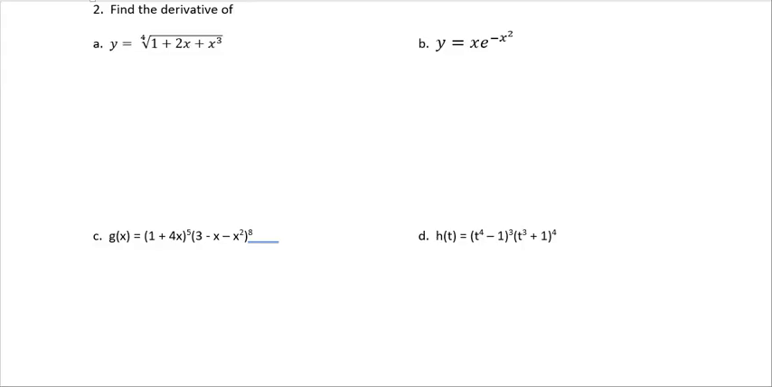Let's look at some chain rule derivatives. So here we have our outer function, this fourth root, and we have our inner function right here, which is the 1 plus 2x plus x to the third. So I would like to rewrite y. I'll write that as y equals 1 plus 2x plus x to the third, and I'll do that to the 1/4 power. It's a preference, but I prefer to have the exponent for the power as opposed to working with